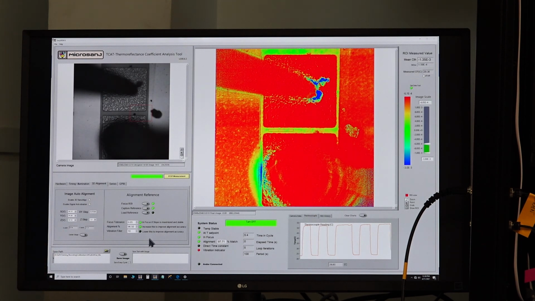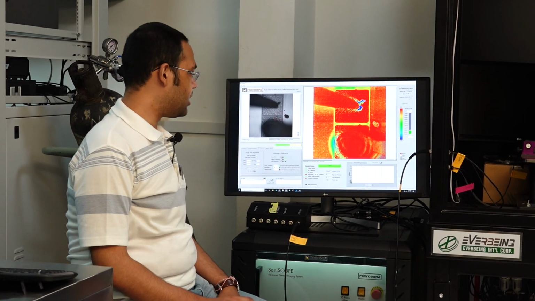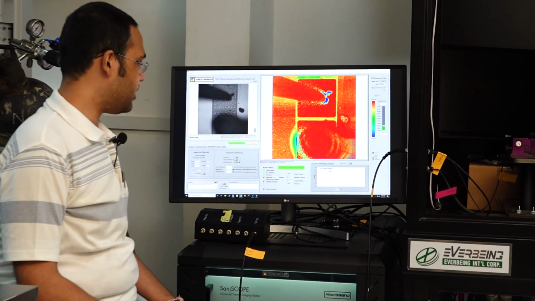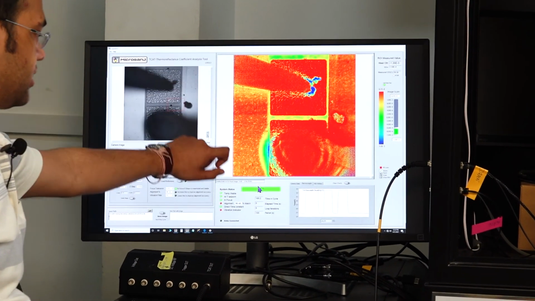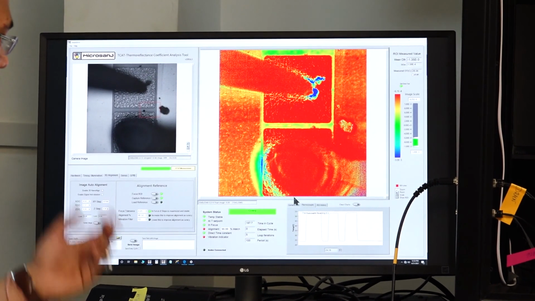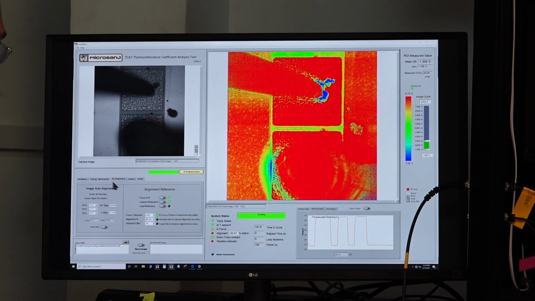With this, we come to the end of the thermoreflectance calibration module. As we saw, the calibration measurement was going on, and here we see that multiple calibration runs have been done, and the calibration image, the thermoreflectance coefficient map, has been generated here after 5 or 6 subsequent measurements. Each measurement has an average over 55 images.